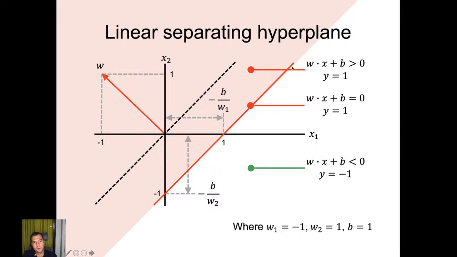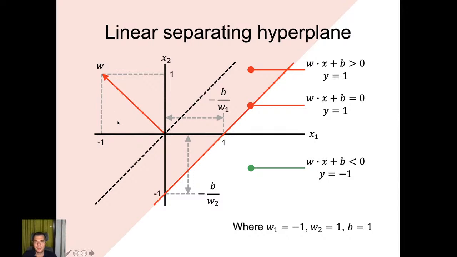So this means that any point that is on the line, when we replace the components of the respective point in this equation, will give us the value 0. If we have points that are on the same side as the norm vector, we note that the same line can be denoted by a vector that has the norm like this, but also the vector can have the norm in exactly the opposite direction. But actually there is a difference. It's not the same line, it's a different line, because